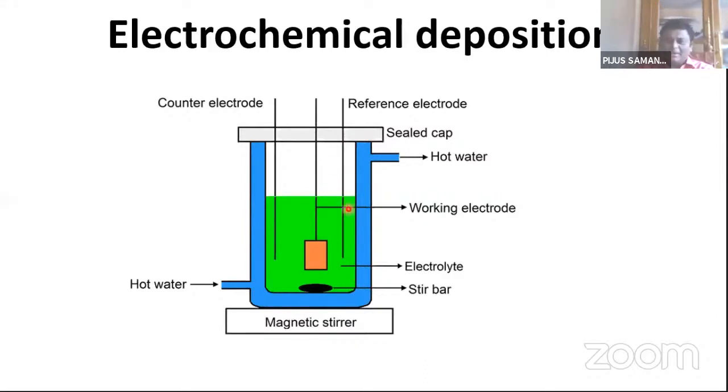And the precursors, or we say electrolyte, is placed over here in the beaker. Suppose we want to grow zinc oxide over zinc substrate. So we take these electrodes as the zinc plate, and this is a reference electrode. Usually we take saturated calomel, and zinc chloride or zinc acetate solutions. Usually zinc chloride is used as electrolyte, and the solution is stirred using a magnetic stirrer.